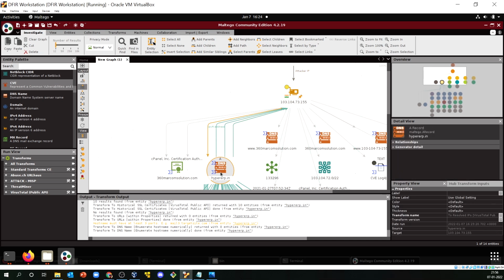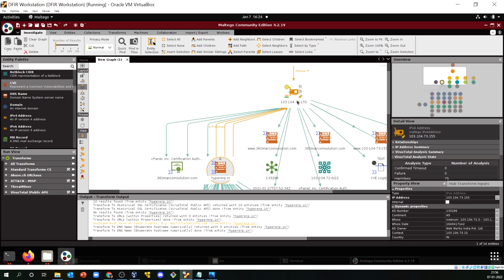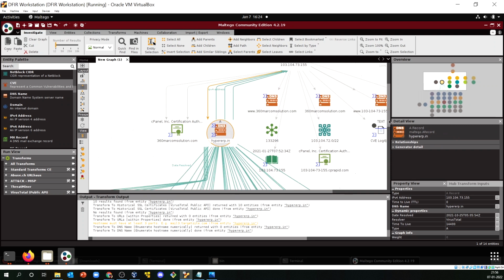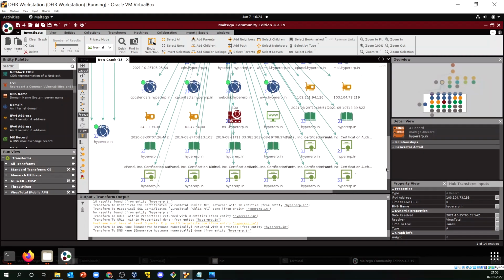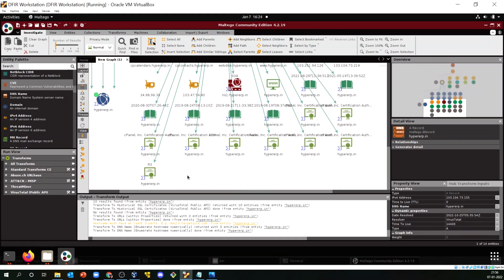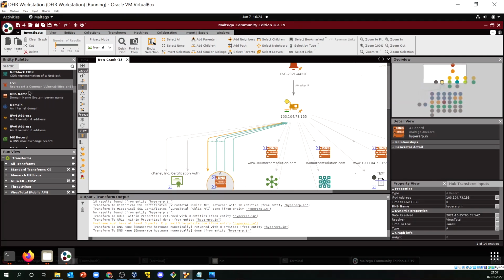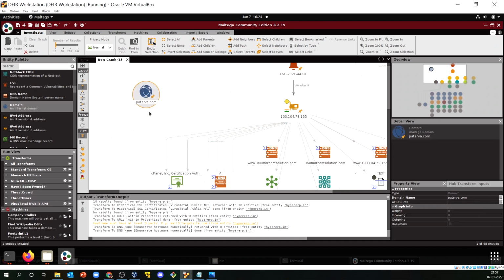That means this DNS record is trying to resolve from this IP address, and it is coming back and again resolving another different kind of nodes, right? There are a lot of other options also available. You can directly jump into some domains. Let's say this is one domain, right?